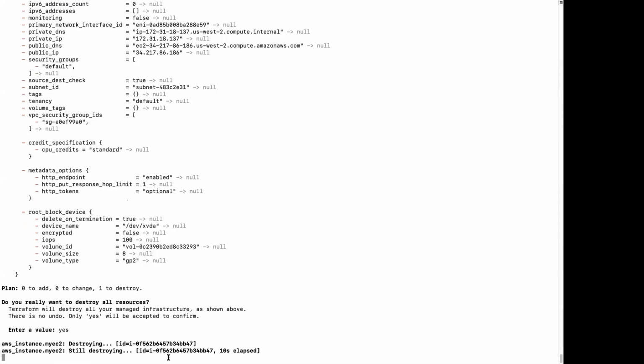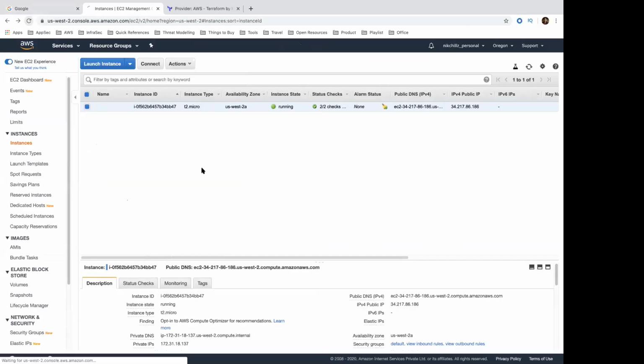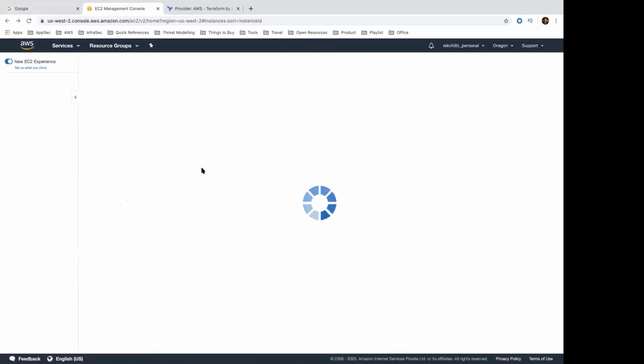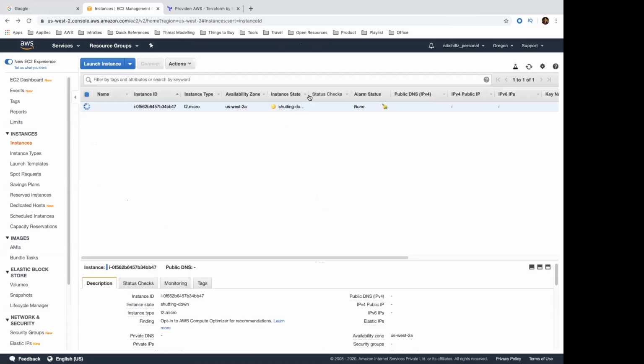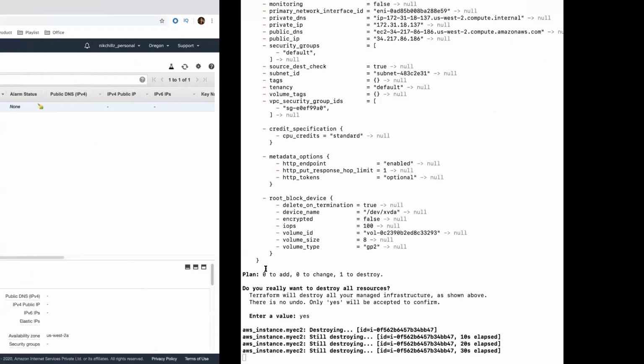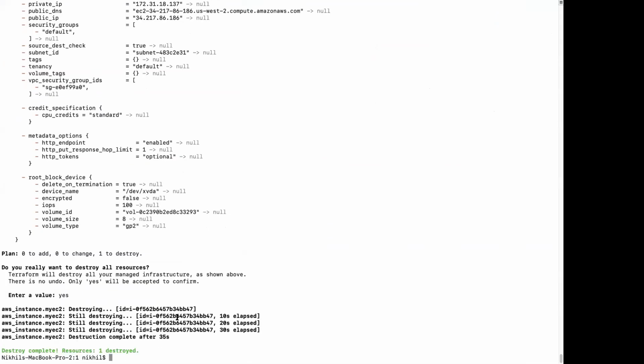Okay, it says it is destroying right now. Let's refresh this page and see what exactly is happening. It is showing us that it is shutting down. It says it is terminated already. Okay, so the destroy has been completed for now.